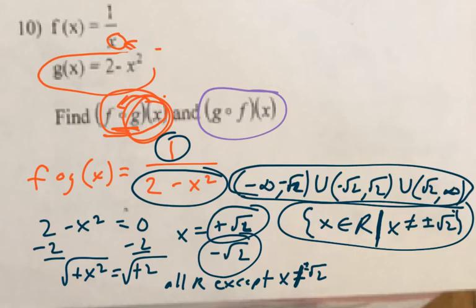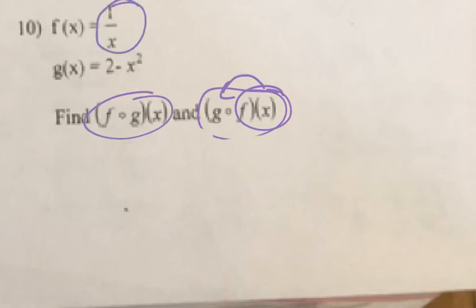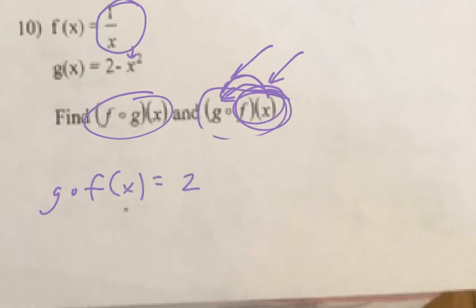Okay? Now, let's do g of f of x. Okay, I cleaned it up a little bit, as you can see. So what I'm going to do is take f of x now and put it in g. Notice that's the reverse of f of g of x. So this time I'm going to take f of x and put it in the g. That's g of f of x. All right? Think of it as you're working inside out, right? So g of f of x is going to be 2 minus 1 over x